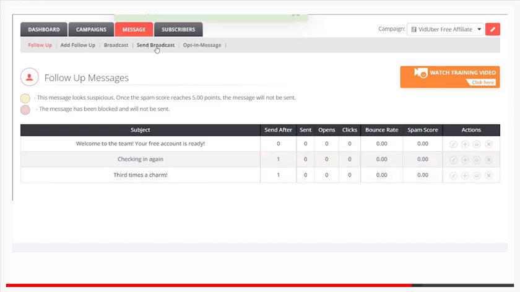So if I create a send broadcast, which is a live broadcast, I will often copy it and tweak it and make it so that it doesn't sound dated. I mentioned that a few minutes ago. We want to make sure that it's very generic. So you could go back and edit that email, and then create another follow-up, and copy that same post into your actual follow-up series so that later on, new people that come in will get that great message,